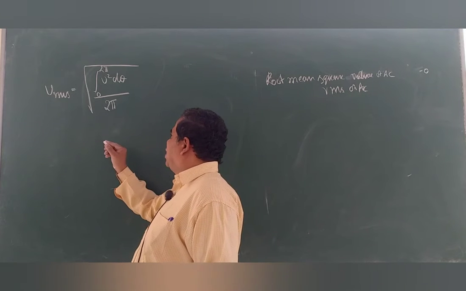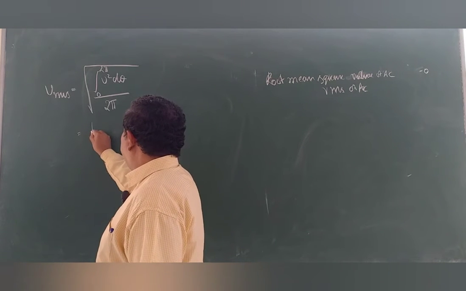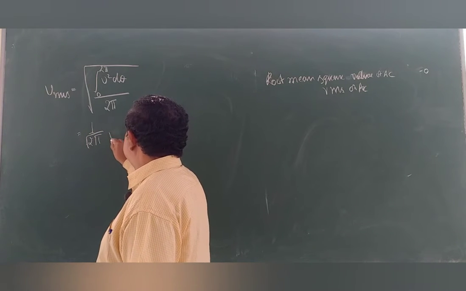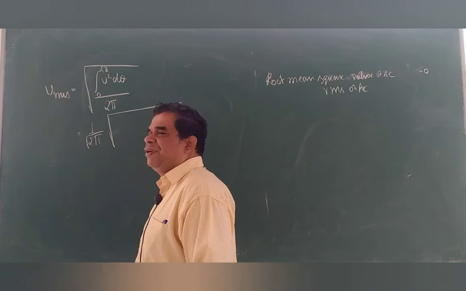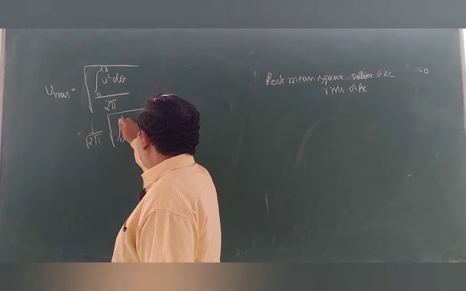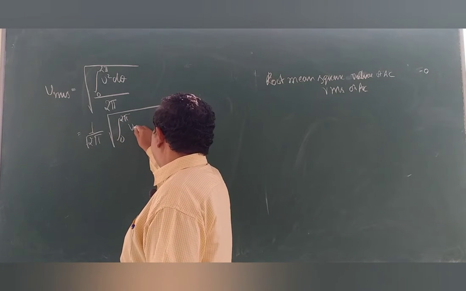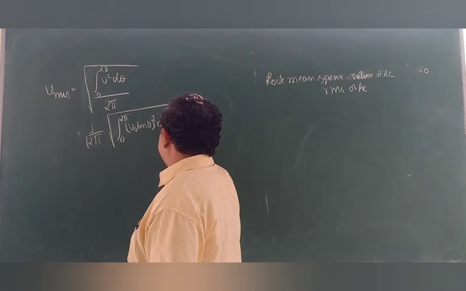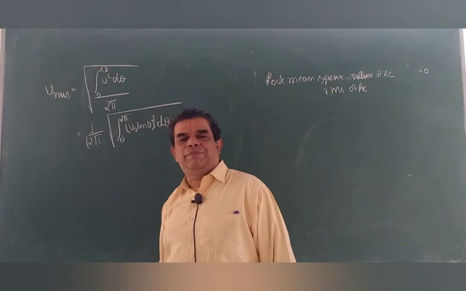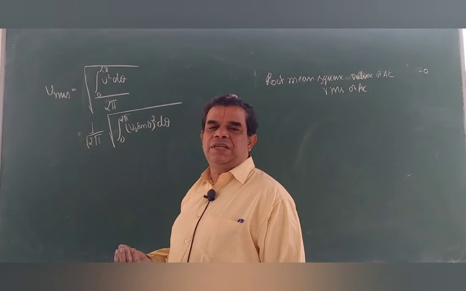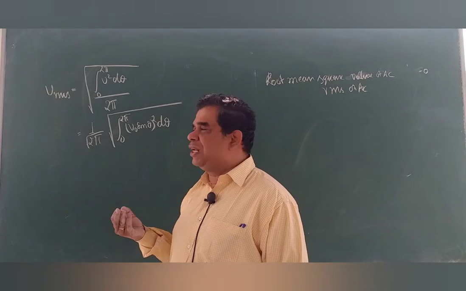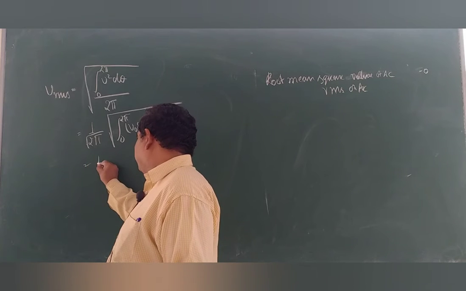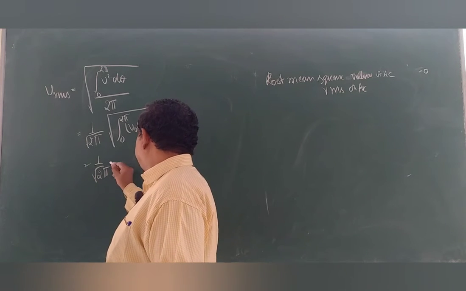We substitute everything there. Observe, 1 by 2 pi with root we can take out, and inside the root we write V square d theta from 0 to 2 pi, V naught sin theta. Instead of omega t, I take theta, d theta. For integration and writing purposes it is easier, that's why I am using theta instead of omega t. Finally, we write the limits in terms of angle only instead of time period. So we go for it now. 1 by root of 2 pi,